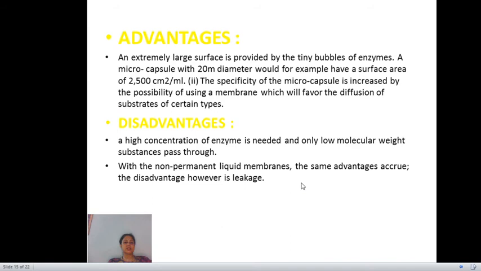Now this is a physical method where entrapment of these enzyme molecules will happen. In entrapment, the enzymes or cells are not directly attached to the support surface, but they are simply trapped inside the polymer matrix. This entrapment is carried out by mixing the biocatalyst into a monomer solution, followed by polymerization initiated by a change in temperature. Polymers like polyacrylamide, collagen, cellulose acetate, calcium alginate and carrageenan can be used as matrices.